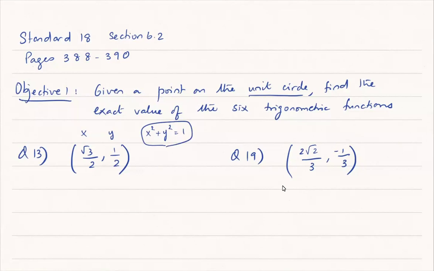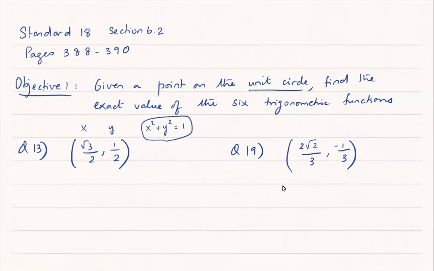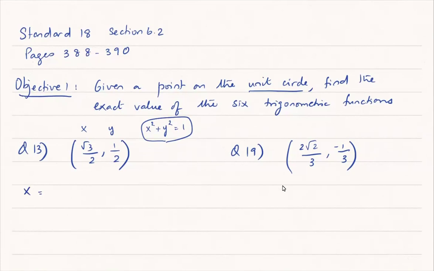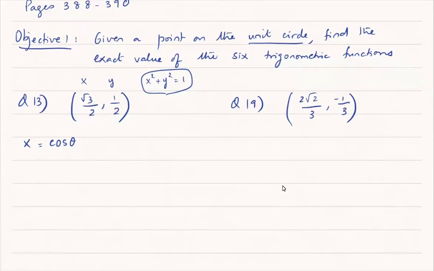Now you have to remember that if and only if the point is on the unit circle, then the x value automatically corresponds to the cosine value of the angle, right? So that means the 6 trigonometric ratios or the function values that are being asked. So let us start with cosine first. So cosine theta, so there is some angle, correct? So this some angle